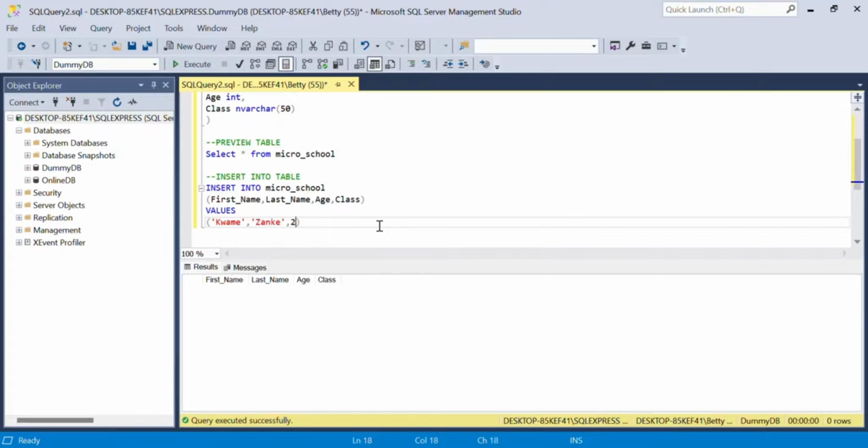I'd like to pause here and just note that anytime you are inputting text data, it has to fall within the inverted commas. That's why they are in red. Anything that's text, or anything that falls within inverted commas, is seen as red in SQL Server. So the first name is in red, the last name is in red, and age is a number column, so for a number column you do not put inverted commas. Finally, class is also a text column, so it's going to be in inverted commas. You close your bracket,